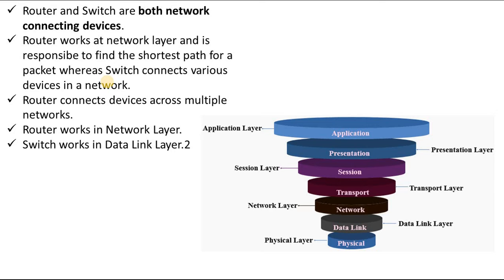As in other lectures, we have already learned about the concept of a switch. In a particular switch we can connect several computers and we can send packets among those computers. But one thing that we have seen, all the computers connected in a network must have the same network address. So all the computers in the same network can send data packets among each other. But if we separate the network, it was not possible for a switch to send data from one system to another system. For that purpose we have to use the router. Let us understand the uses of a router with the Cisco Packet Tracer application.